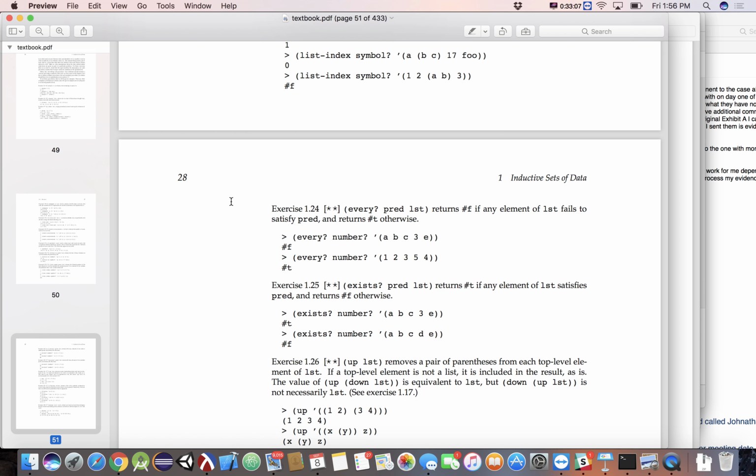This looks like it's going to be a list pattern, but my hint is to treat this as the counting pattern. Count how many elements the predicate matches. And if your final count matches the number of elements in the original list, then every should return true. Kind of make sense?